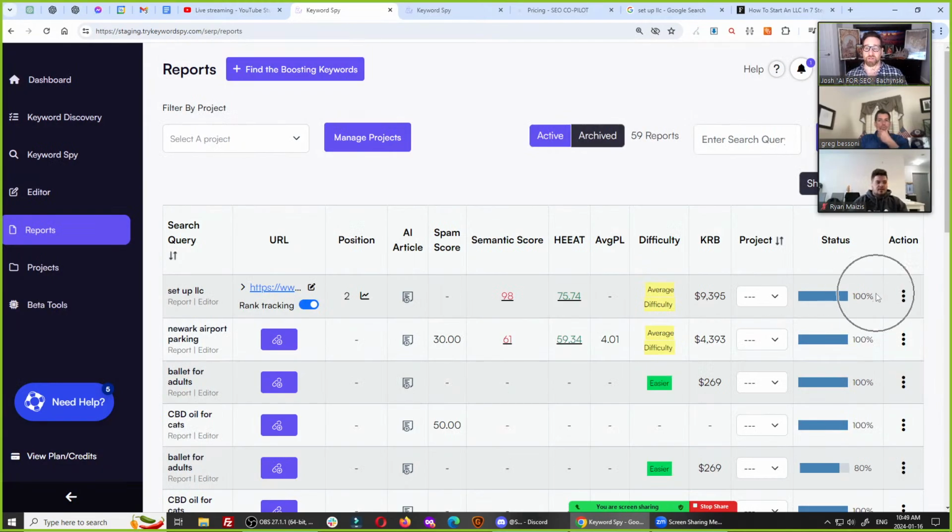So as you can see, the setup LLC report is already done. It was done in 5-10 minutes. It's way faster than it was before. It's giving you all these semantic scores of the page I pulled in, and it's giving you the average difficulty and the heat score for it already. If we look at the report,